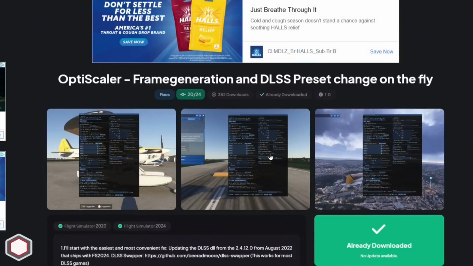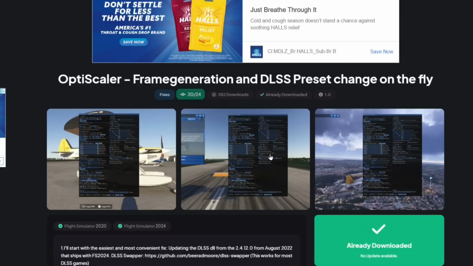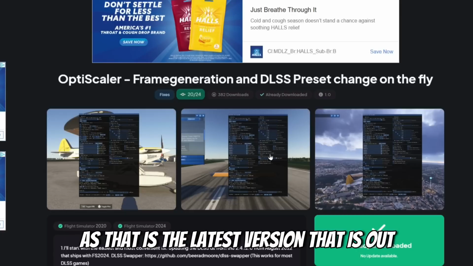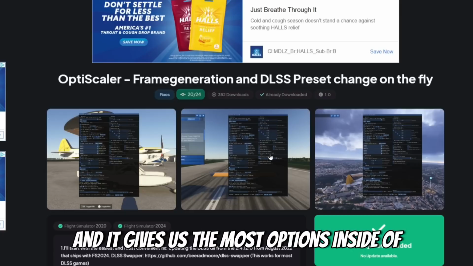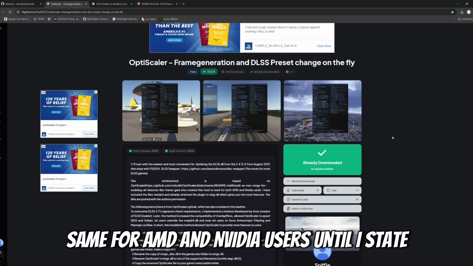Now let's go over the download and installation process for each of the versions. I would recommend that everyone tries the version that is on flightsim.to first, as that is the latest version that is out, and it gives us the most options inside of the tool. This installation process will be the exact same for AMD and NVIDIA users